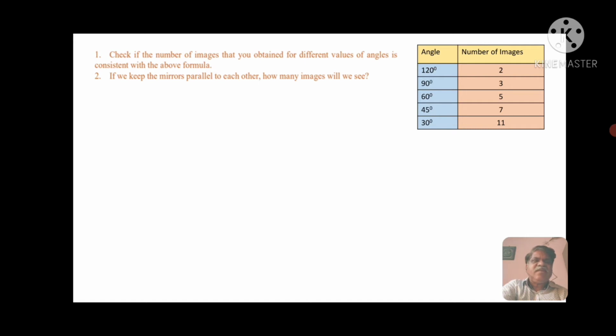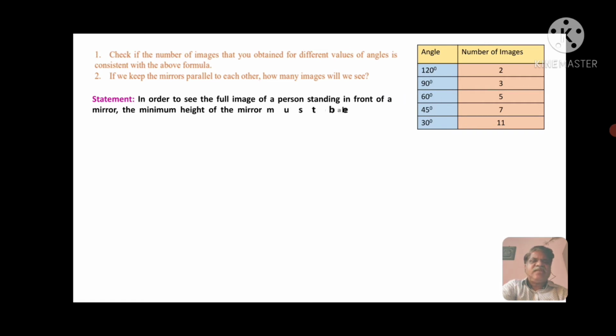When kept at 90 degrees, you get 3 images, which you have already seen. At 60 degrees, you get 5 images. At 45 degrees, there will be 7 images. If it is 30 degrees, you get 11 images. If you go on like this, when the mirrors are parallel, the angle becomes 0. At that time you get infinite images. So friends,